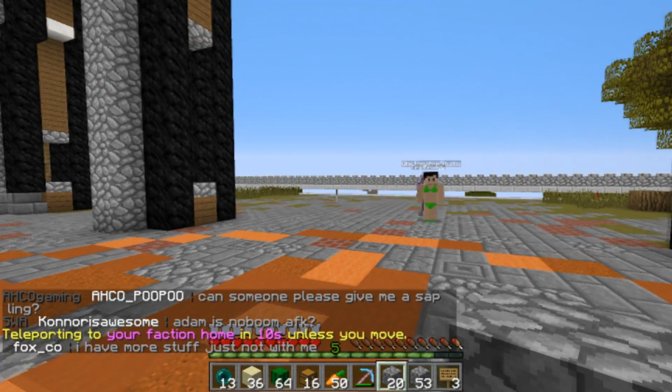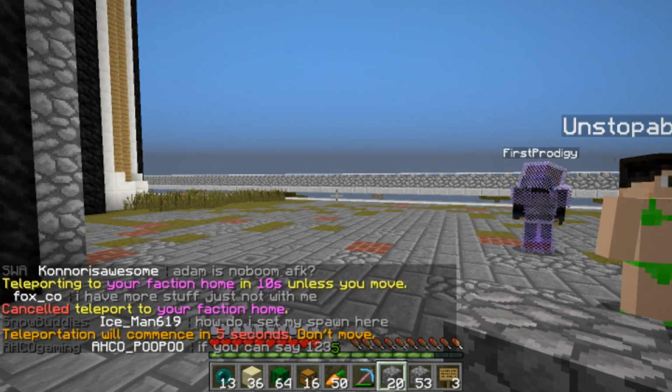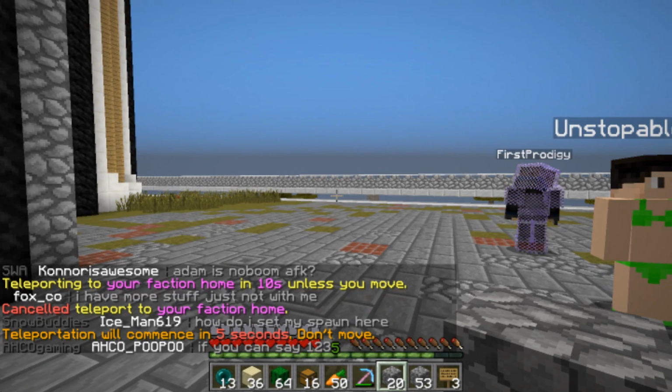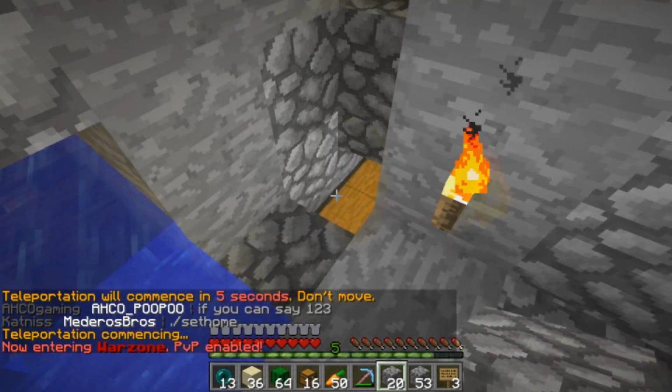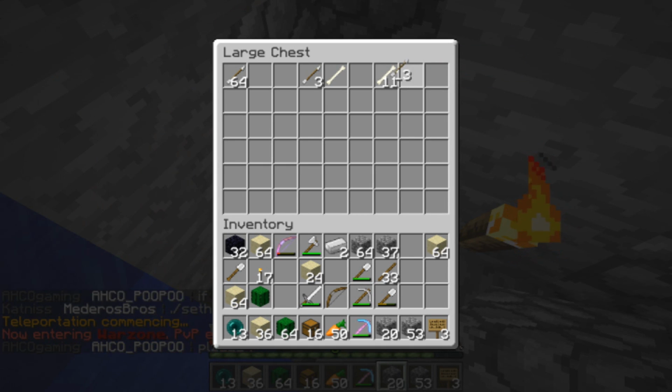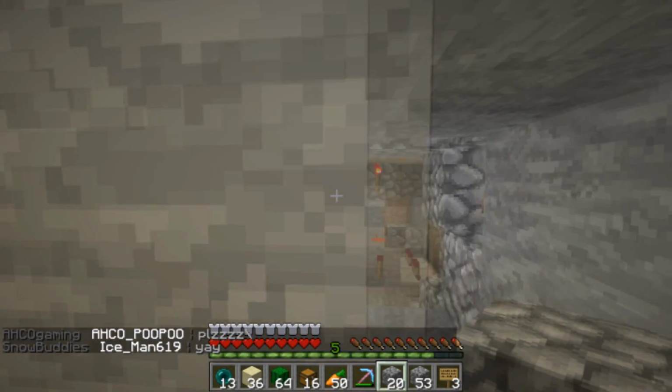So, oh no, I don't want to go to my /f home yet. So if I go to my /home, I can show you another little thing that I'm working on. So one of the first things I did when I came on the server was, oh, perfect timing, I made a little farm for what we call skeletons. So I can make arrows, which I can sell, and also I get bones, which I can then bone meal